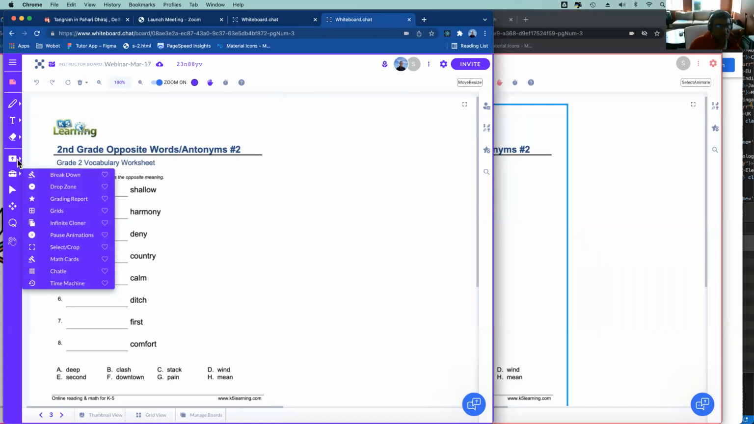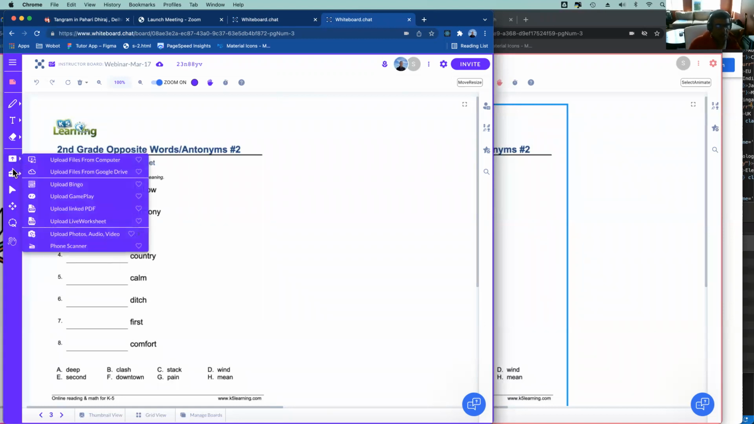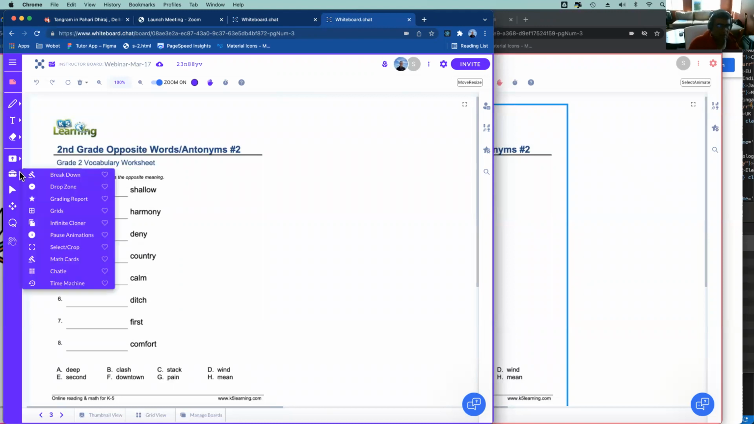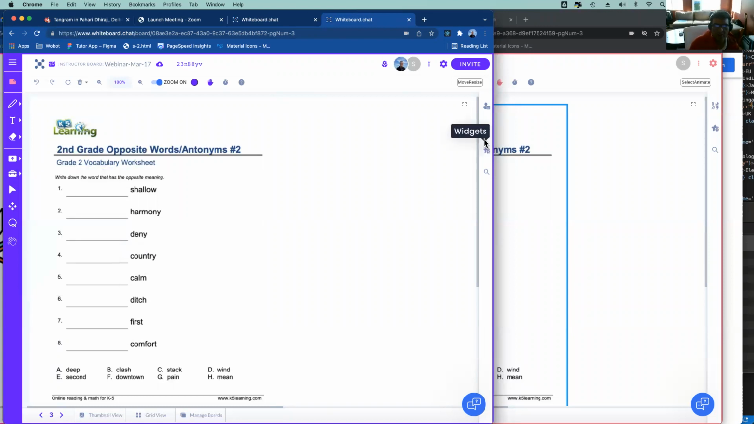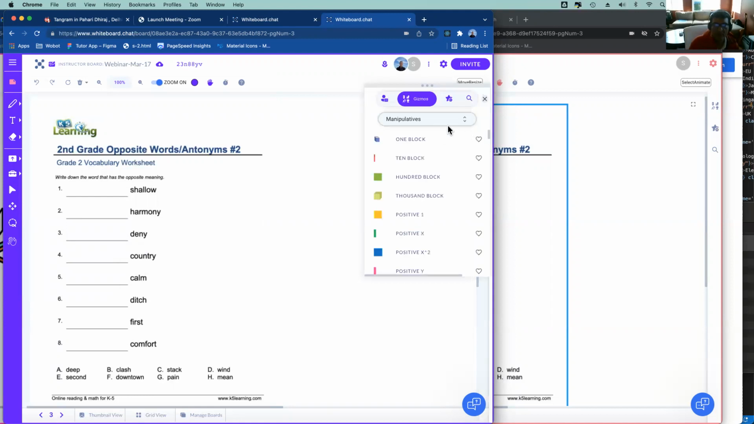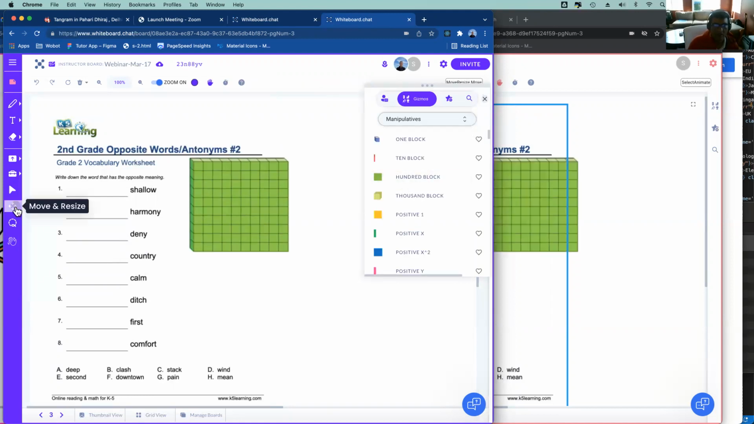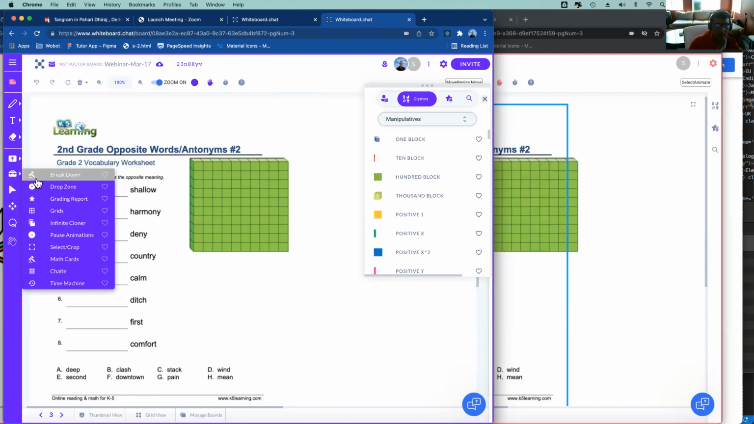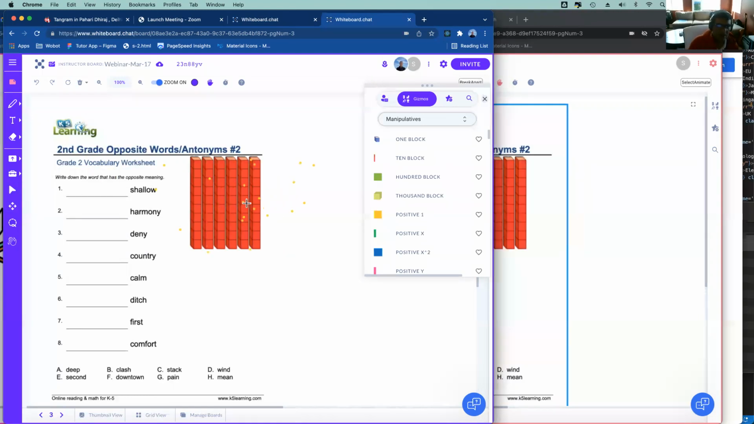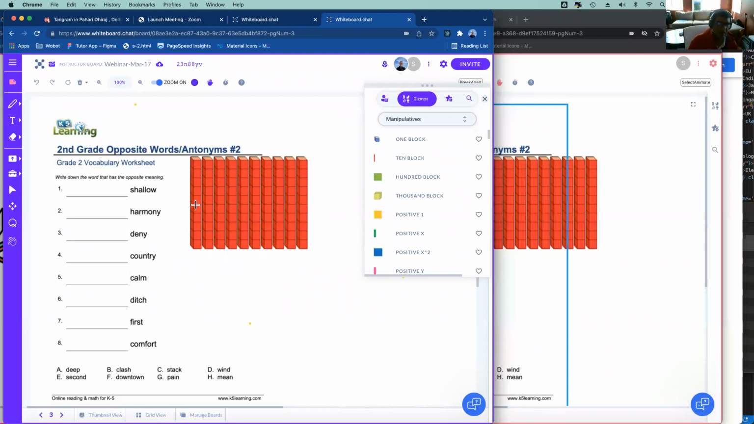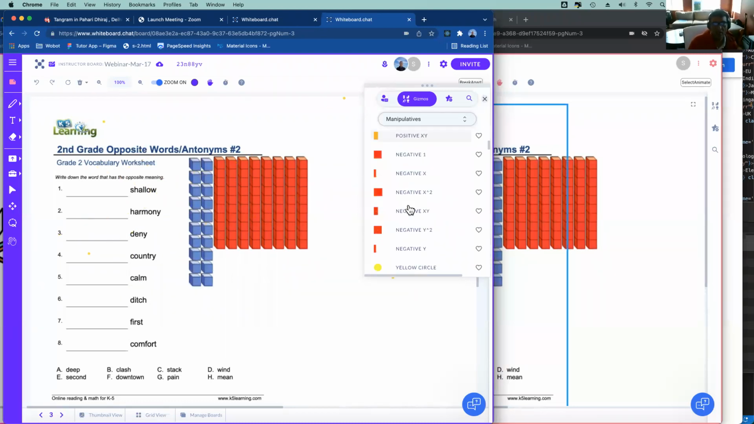The next thing after the uploads is the tools section. Here there are several tools. I'll not show you all of them. This breakdown tool is quite interesting. You can take a gizmo, like say a 100 block, and then use the breakdown tool from here to break it down into smaller pieces. It will show you how 100 breaks into tens, into ones. And you can do that not only